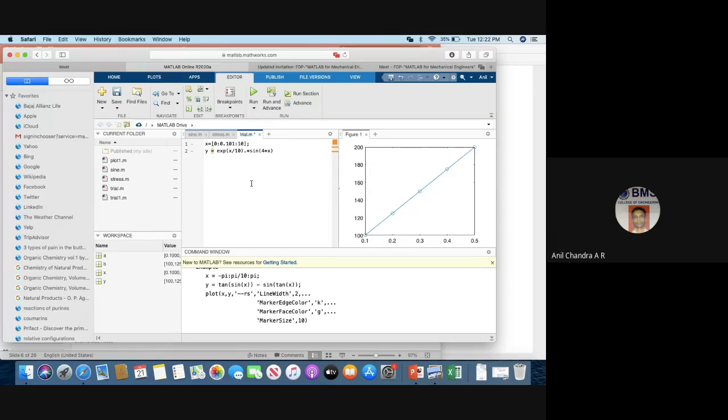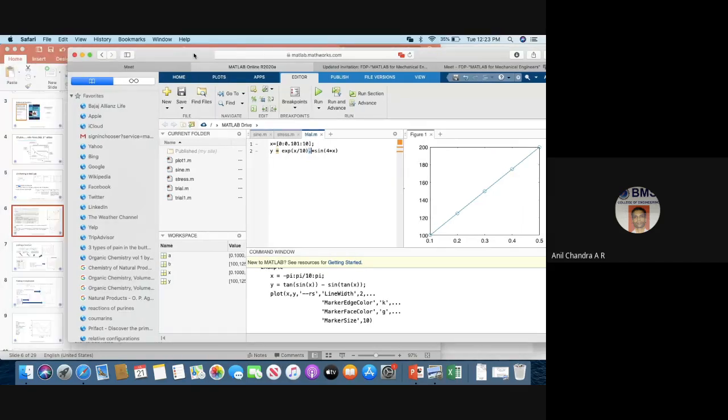I created an array from 0 to 10 in steps of 0.01. You can also use linspace and define how many data points you want. And an equivalent size Y array is created for every value of X. So this dot operator is very important here because this defines that for every value of X you take, the expression is solved and the Y value is entered.